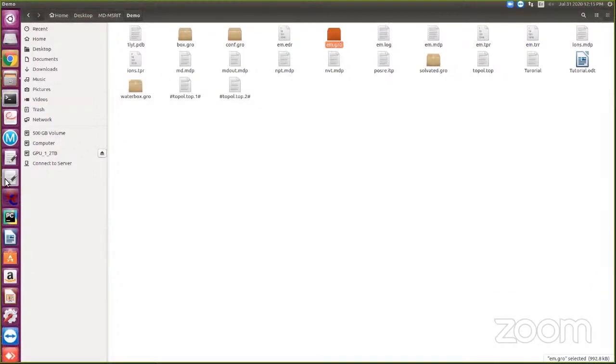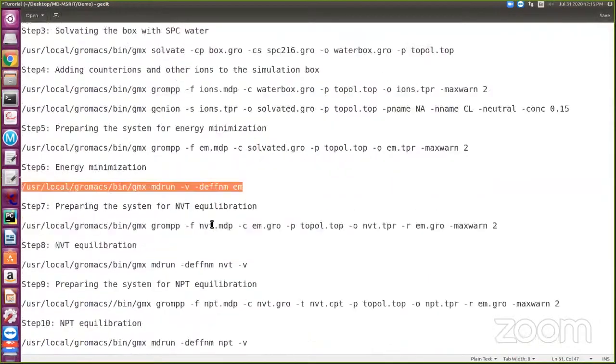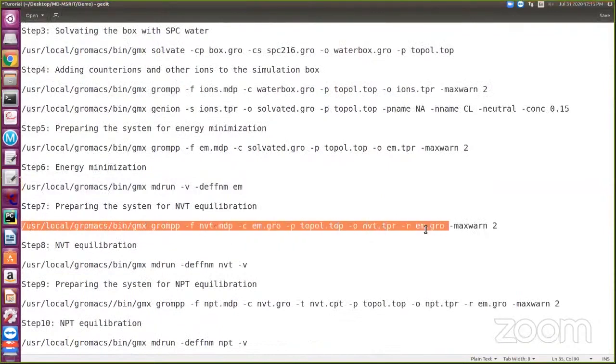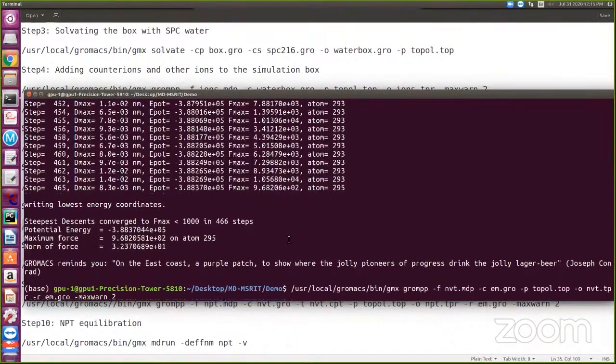The next thing I'm going to do is NVT equilibration. I have to copy this, and I'll explain the steps. I'll paste it here. For nvt.mdp, I already gave that file, and it is present there. My input file is em.gro, because after my energy minimization I have to perform NVT.